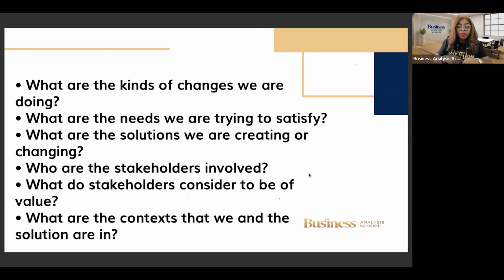Then, of course, what is of value to my stakeholders? You need to start asking, what is of value to my stakeholders? The value for the sales team is that they'll be able to see their numbers real time. The value for the accounting team might be that they'll be able to also generate their reports faster. Maybe the value as well for the end users, maybe the customers, is that customers will be able to automatically receive their products faster if we can create this system. So think about what value would be for each of your stakeholders,